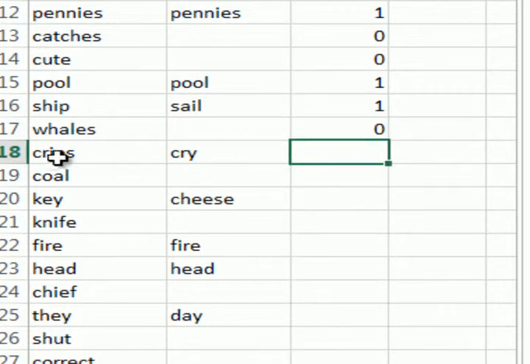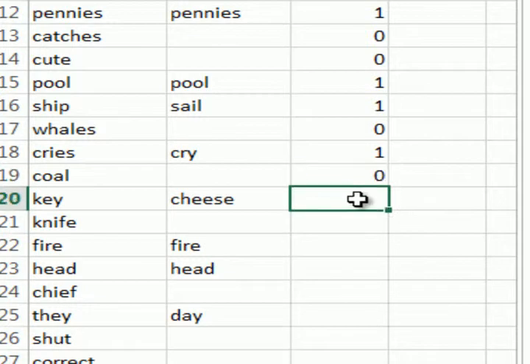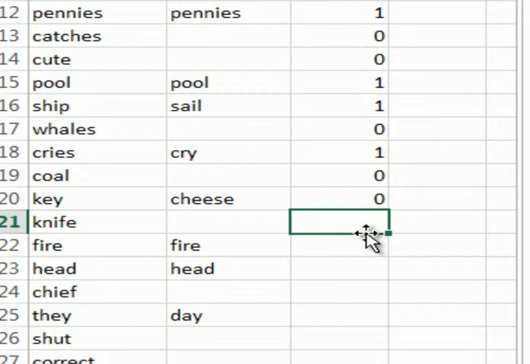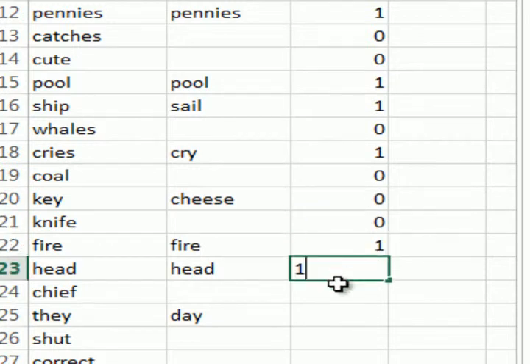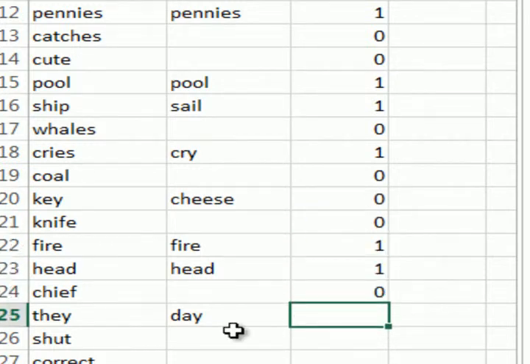Cry for cries, really all that's missing is the morpheme there. I'm going to include it in my analysis. Coal is missing. Cheese for key, so far away I'm not including it. Missing. Correct, correct, missing. Day for they, because this is a legitimate attempt for the vowel, I'm going to include